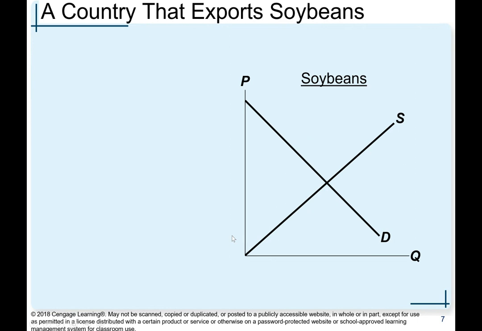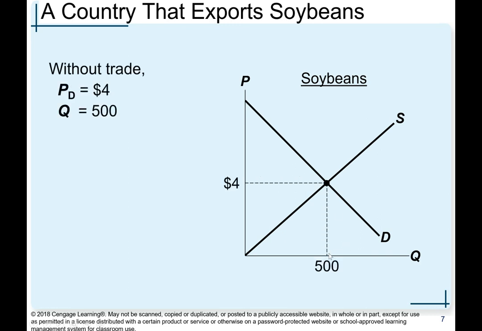Let's look at a country that exports soybeans, and this is a typical demand and supply for the soybeans market. Without trade, the domestic equilibrium price is $4 and domestic quantity traded is 500. If this country opens up for trade and the price rises from $4 to $6, in other words, $6 becomes the world price,